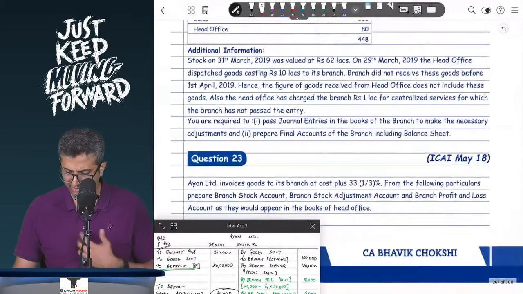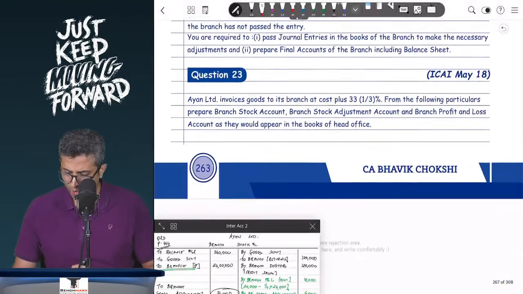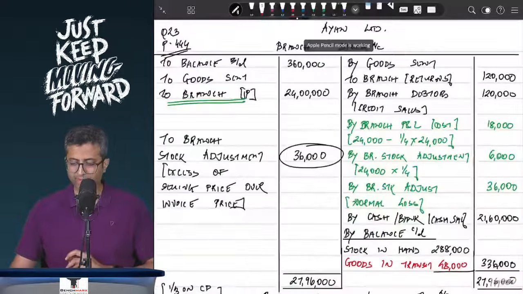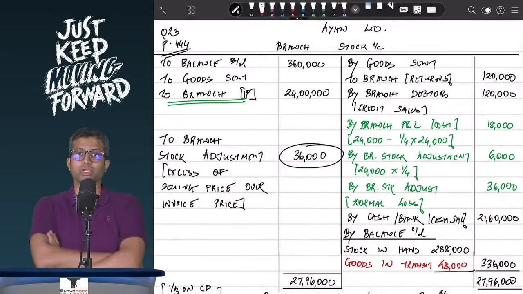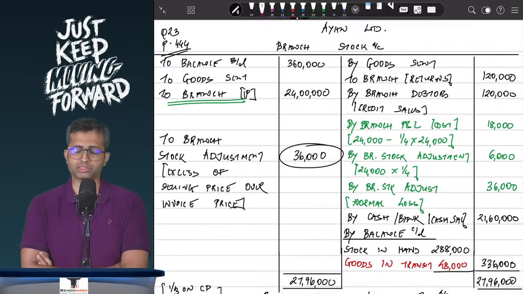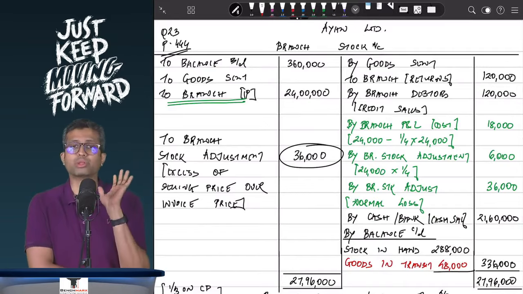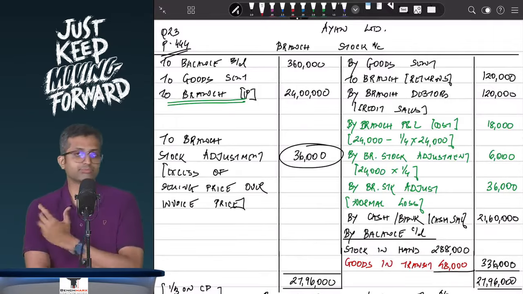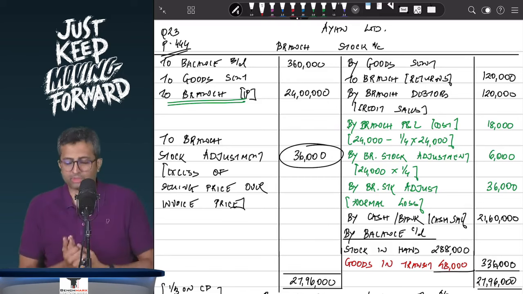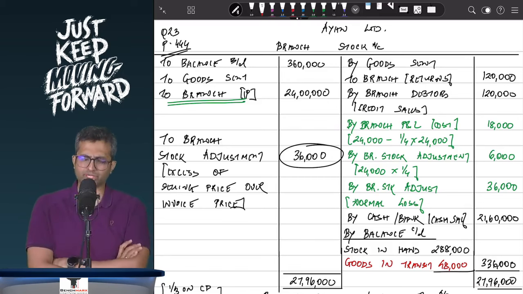23 and 27 are two questions that we want to do over here. Yes, now there will be the concept of normal and abnormal loss. The generally accepted accounting practices tell you that abnormal loss has to go to the P&L, whereas normal loss will not go to the P&L separately. So when there is a normal loss, and if goods are being sent at the invoice price, so the thing